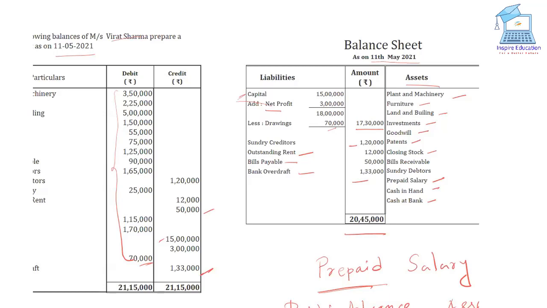उसके बाद हम लोग एक प्रैक्टिकल प्रॉब्लम देखेंगे जहां पे प्रॉफिट एंड लॉस प्रिपेयर करेंगे, साथ में बैलेंस शीट करेंगे. Please go through this solution and after that we will be solving one question which will be having profit and loss account as well as balance sheet. Means two things together we will be preparing. Okay.